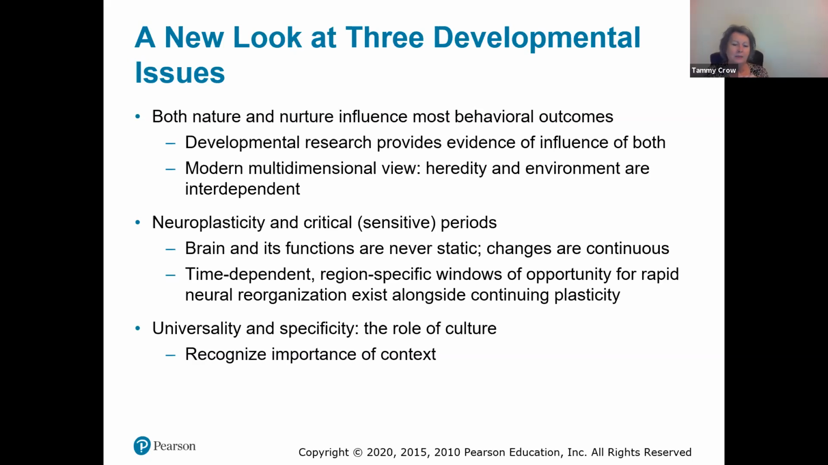But current scientists believe that there are no periods in life, none, not even the elderly, when the brain and its functions are static. Changes are continuous throughout the lifespan. And so what type of change, as well as the amount of change, depends on genetic and environmental factors working together. And so the realization that our brains continue to change throughout life has really revolutionized the way scientists regard